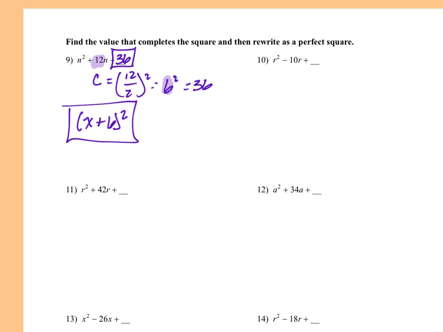So my next one, right, I'm going to look at this -10. So C is going to equal -10 divided by 2. Square it. Oh, -10 divided by 2 is -5. And -5 squared. So I do want to talk about this just for a second. If you're going to use your calculator to square stuff, please make sure if it's negative, you put that negative inside parentheses, just like I have right here. Notice on this one, it was positive. I didn't put the 6 inside parentheses. But on this one, it was a -5, and I put the -5 inside parentheses and then put the square